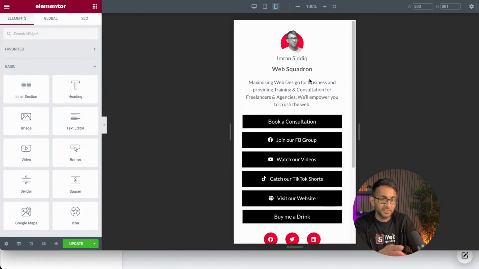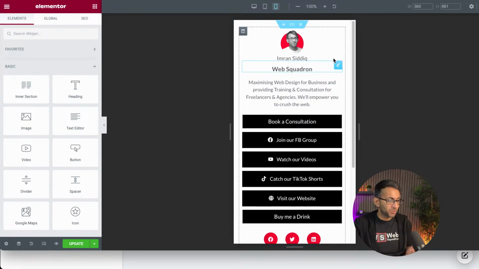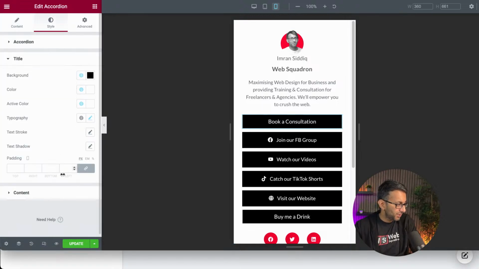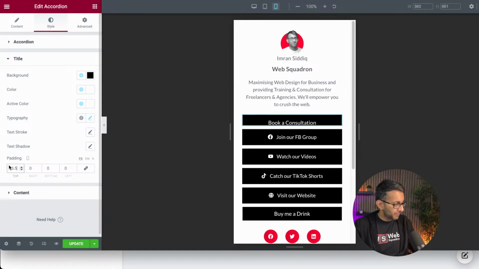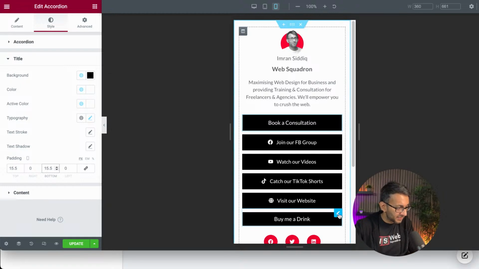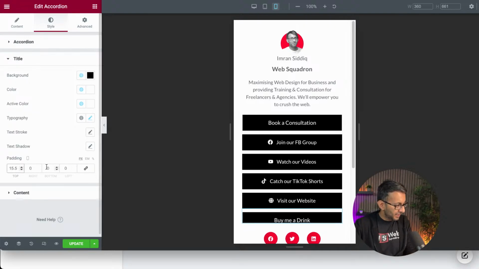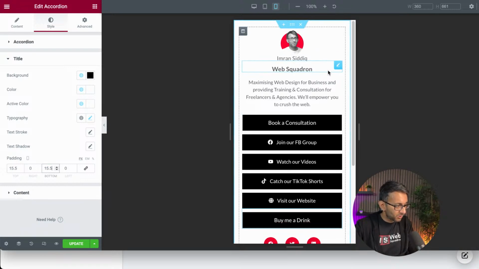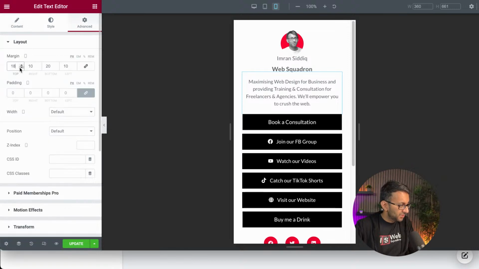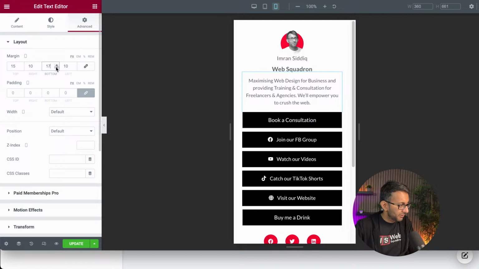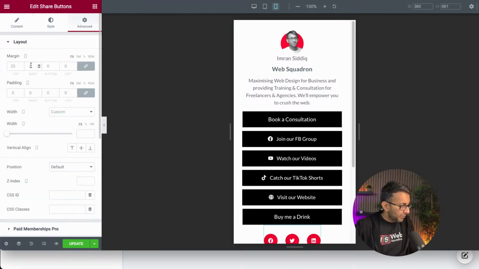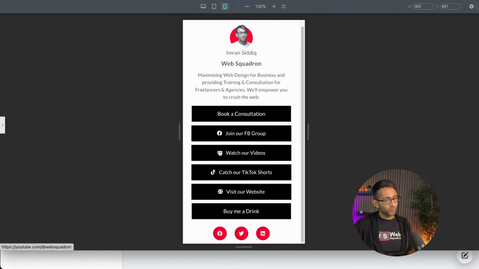Absolutely. To be honest, Satanish, this approach, what I'm doing, you could use on any page builder where you have the facility to do it. So you're not limited. Does that make sense? 15.5, like that. That will now make it equal, and the same for this one. Let's go with 15.5 and 15.5. That should all do it. And I'm going to reduce the height of this to be 15, and we'll go with 15 there as well. And we'll adjust the height of this to be 20, like that. Kaboom! So now it should, when I purge the sides, the server and all of that,